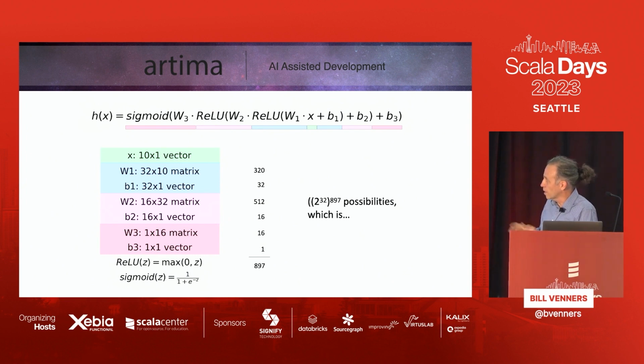I don't know what the right value is, but you can see the colors here. I underlined them. So x is a vector of 10, that's my input features, and that goes in the middle there. Then I do a dot product with a matrix of weights. That's W1, a 32 by 10 matrix, because there's 10 coming in and there's 32 that I want to end up with, because I need to come up with 32 outputs. And then I add a bias. W1 is a 32 by 10 matrix, B1 is a 32 by 1 vector. I just add them, and I come up with a 32 by 1 vector,